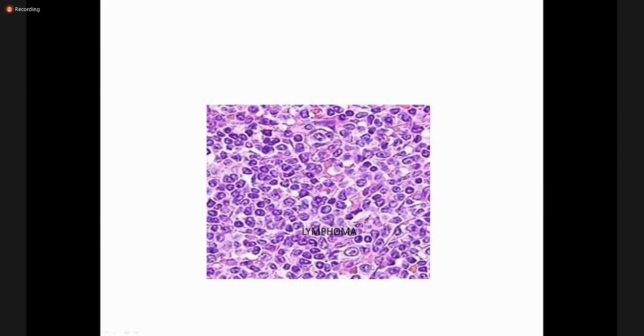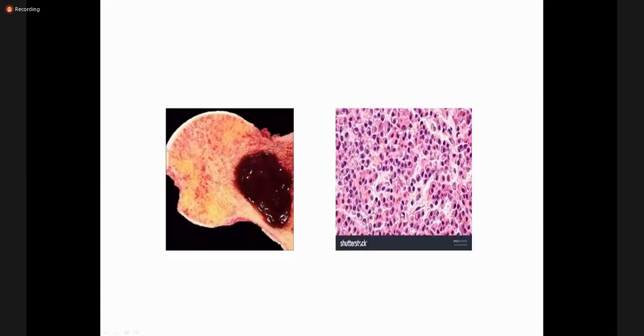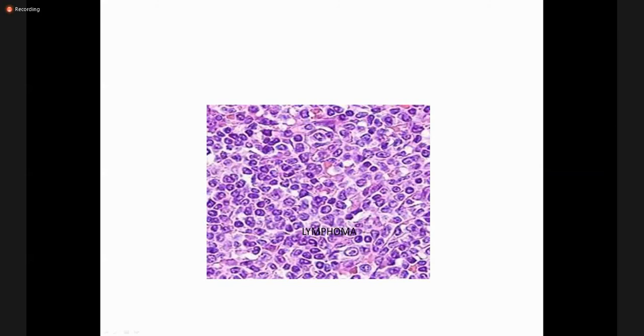Another differential is lymphoma. Lymphoma can also be seen in the bone, but usually we see non-Hodgkin's lymphoma. This represents diffuse large B-cell lymphoma of the bone. You see the large lymphoid cells with slightly indented or angulated nuclei like this one, and there is a